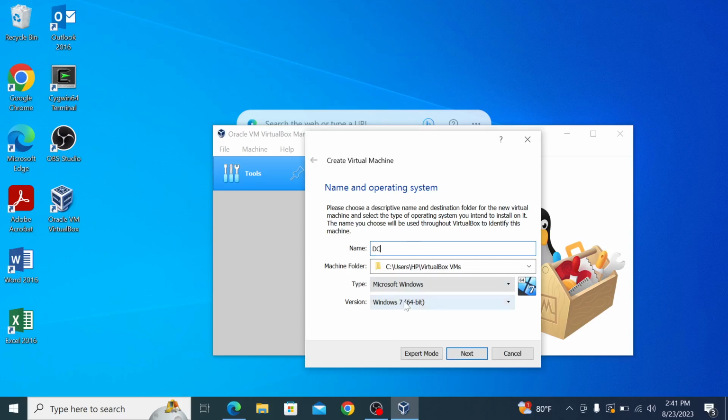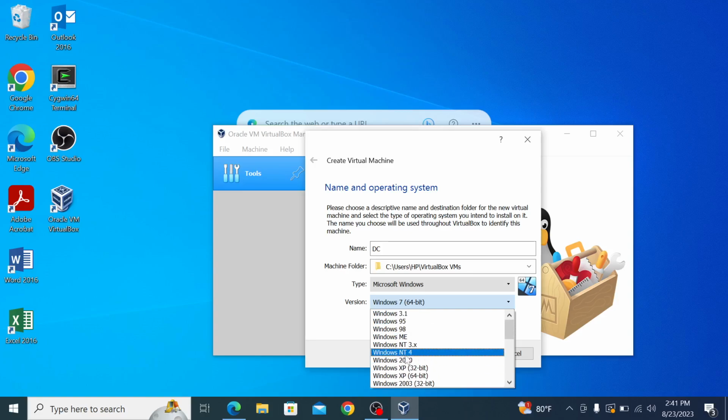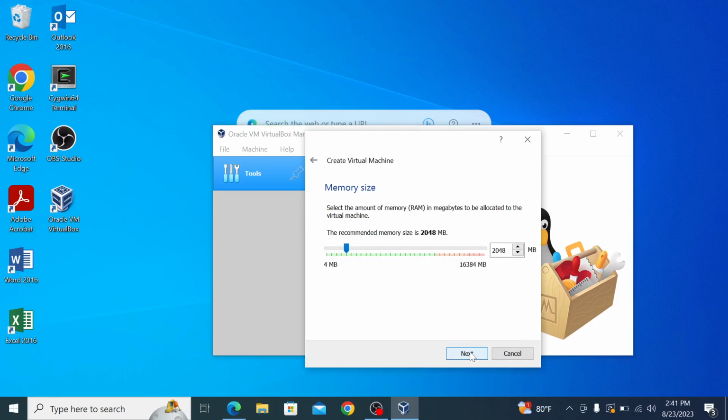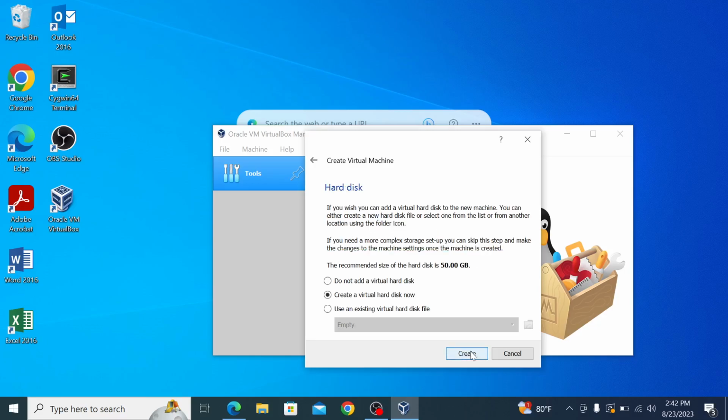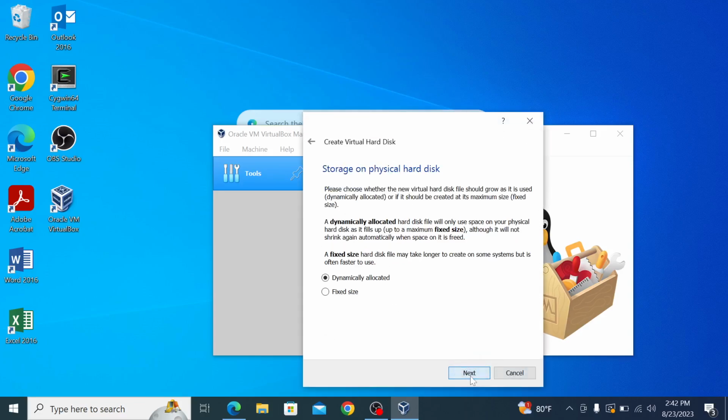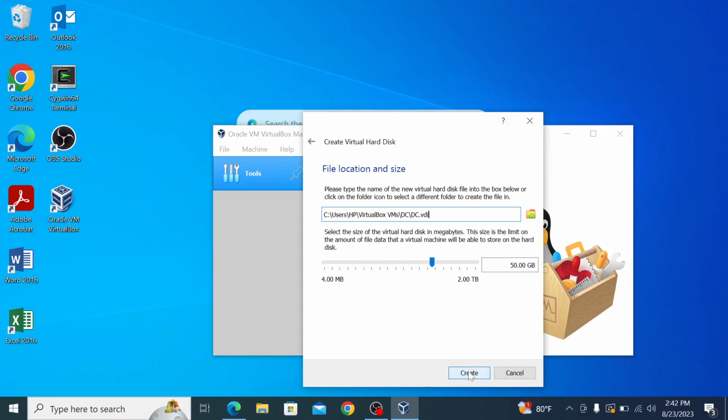You're gonna want to scroll down and click Windows 10, right here. Windows 10 64-bit, and then you're gonna click Next. And I'm gonna give it 248 megabytes. I could give it more, but for this, that's all we're gonna need. Gonna click create. Gonna click next, next,